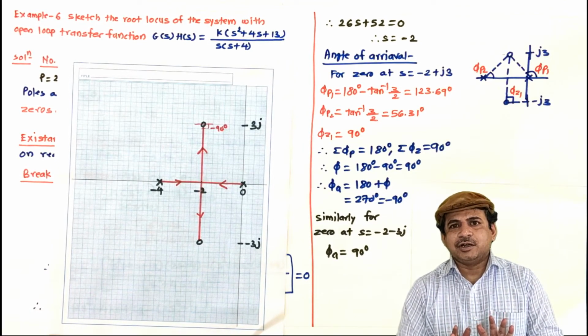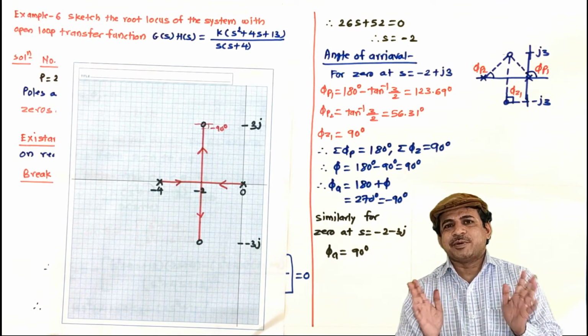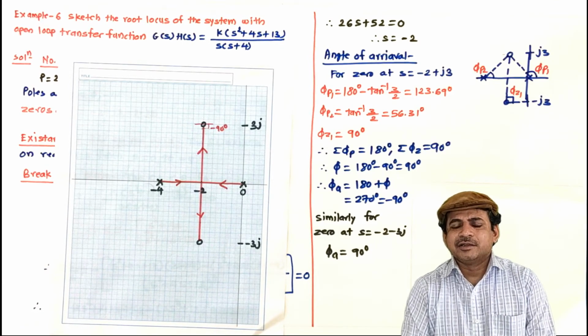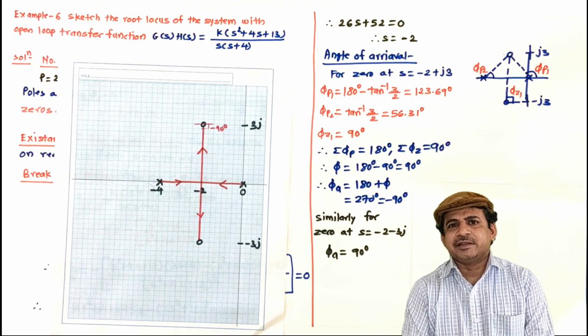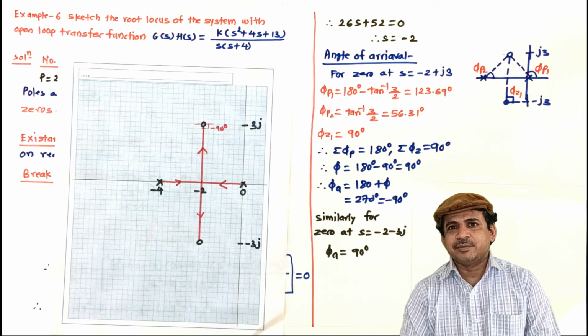So far we have solved 6 examples on root locus with diversified transfer functions, and we have well covered the concept of stability in S-plane right from their pole locations, root stability test, and now root locus. From the next lecture we will enter into frequency domain. It is enough in this lecture.